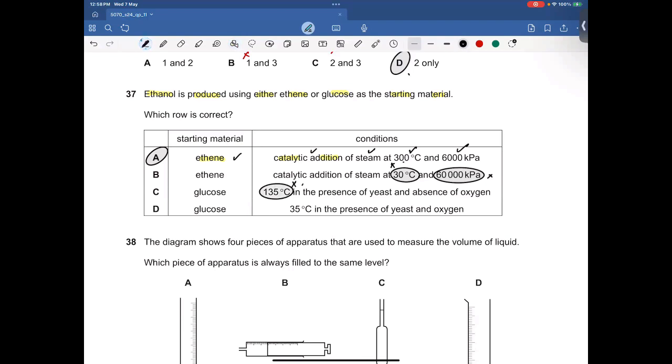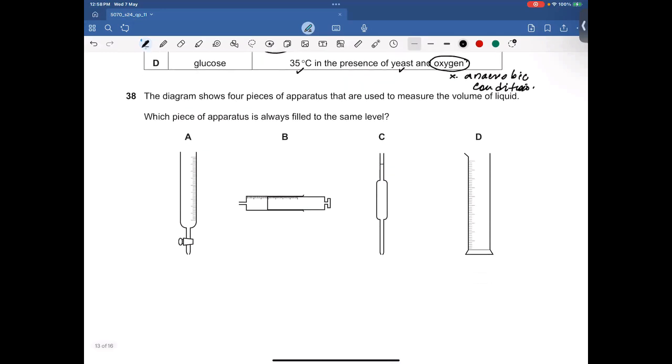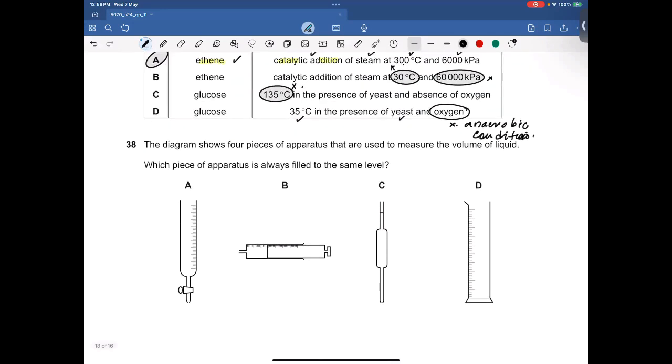सही है। जब ग्लूकोज रिएक्शन करता है स्टार्टिंग मटेरियल पर, टेम्परेचर सही है, in the presence of yeast and oxygen, ये गलत है क्योंकि जब भी हम यीस्ट फर्मेंटेशन का प्रोसेस करते हैं एनएरोबिक कंडीशन यूज करते हैं, यानी विदाउट ऑक्सीजन। Okay, so A is going to be the right answer, बाकी तो सब गलत हो गए।